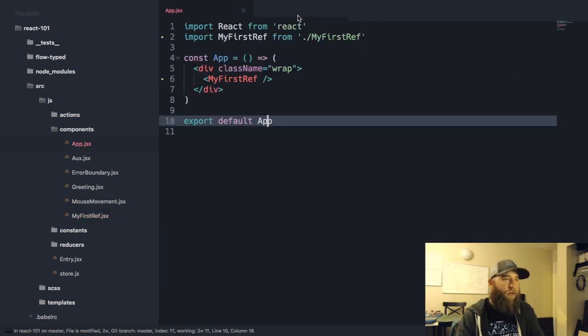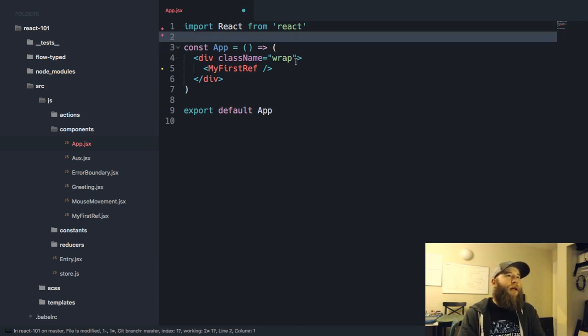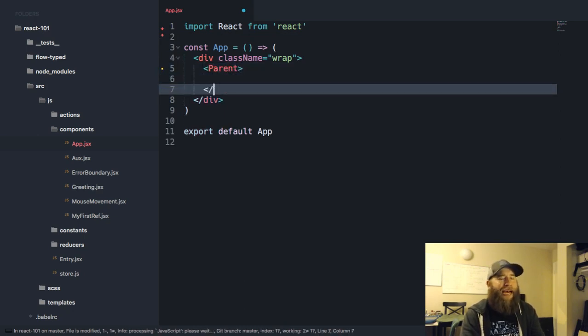So we're going to close this, and we'll make some components here. I'm just going to give them poorly descriptive names.